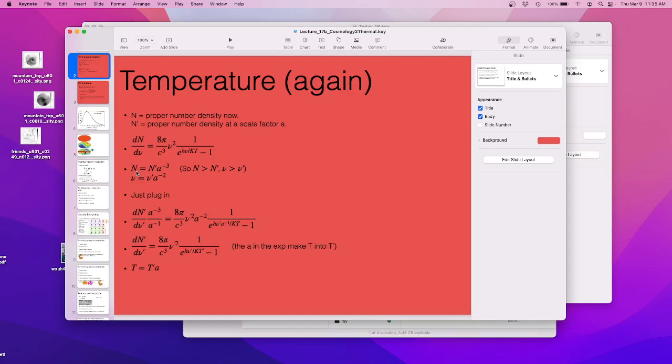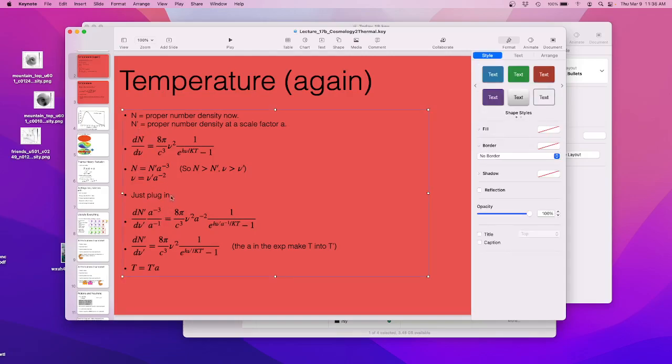So the number density shifts by a cubed. A is the scale factor. So the number density changes like A, right? Because the whole universe is getting less dense. A expands. The wavelength shifts by A because they all get stretched out. So you just take your black body, you drop in those changes, and you're left with this. The only A you're really left with is the one inside this exponent, which doesn't cancel out with everything else.